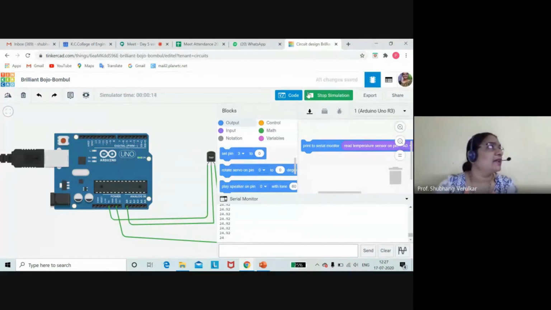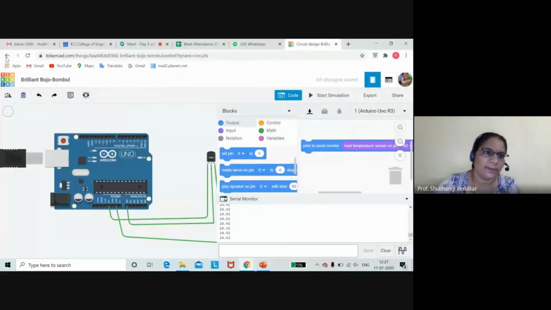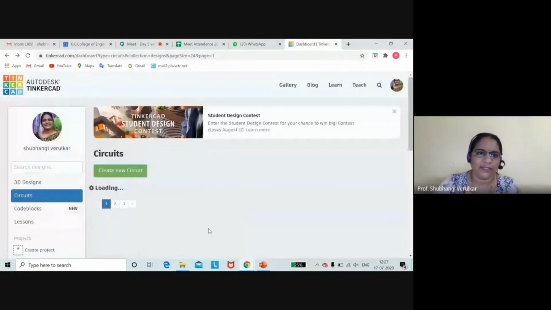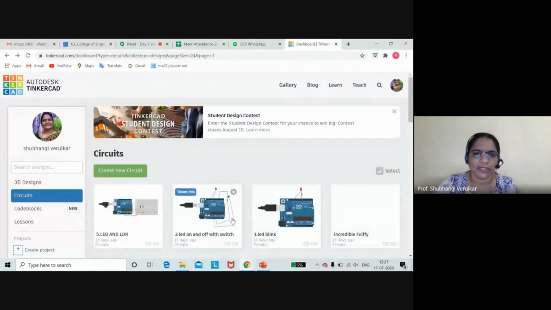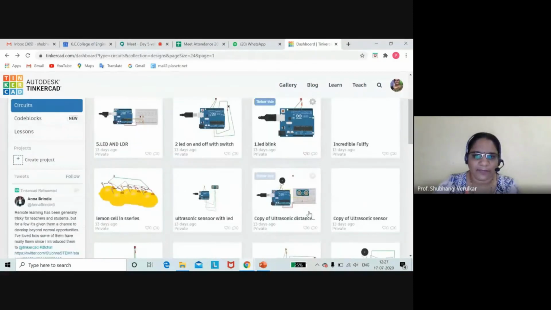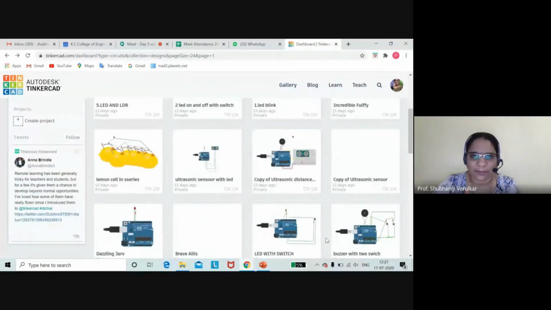So right now, as time is over, what I will do is show you a pre-designed circuit, and we will tinker it, so that we will save your time. How to design and how to code, you people will come to know. So you people can see whatever coding we did today. Okay, so you will see ultrasonic sensor with LED, ultrasonic sensor with buzzer.